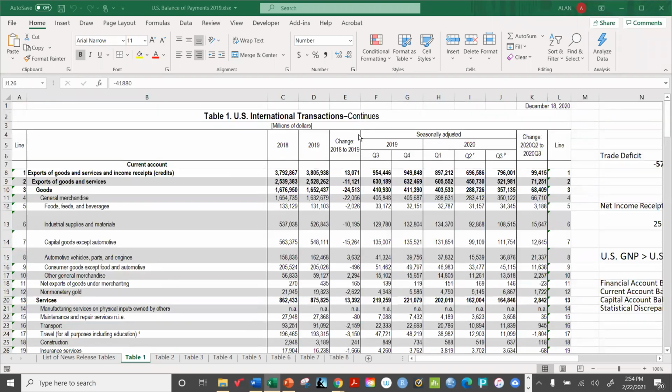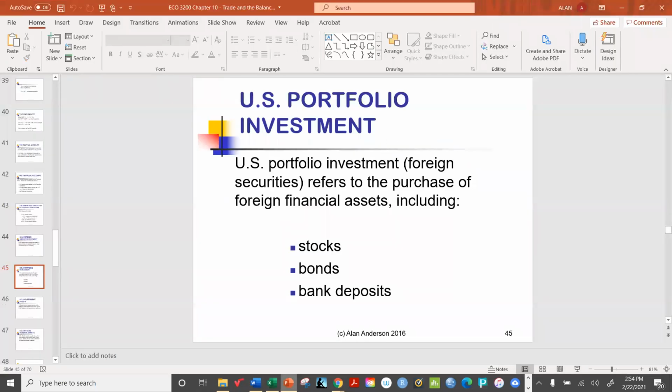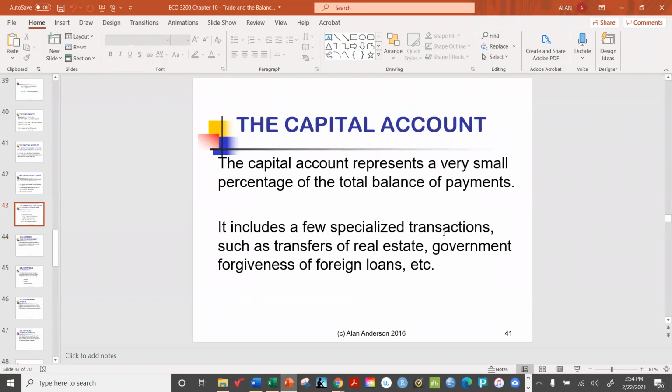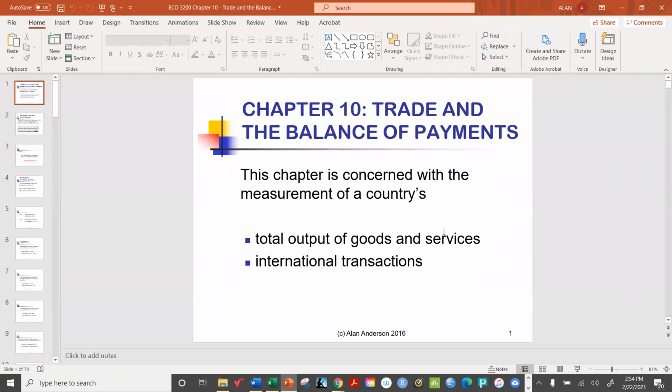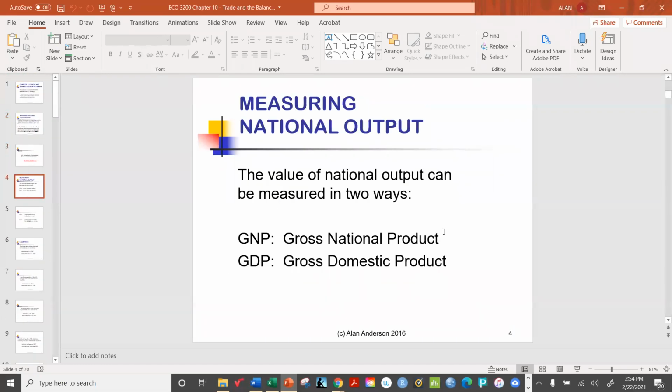Well, all right then. So let's go back to the slides and see, where did we leave off? I don't remember. Let's just quickly review what we've seen. We start out by identifying how GDP and GNP are measured. I think I mentioned that GDP is now the more popular measure, but they're both very important, and they're both an attempt to capture the amount of goods and services that a country produces during